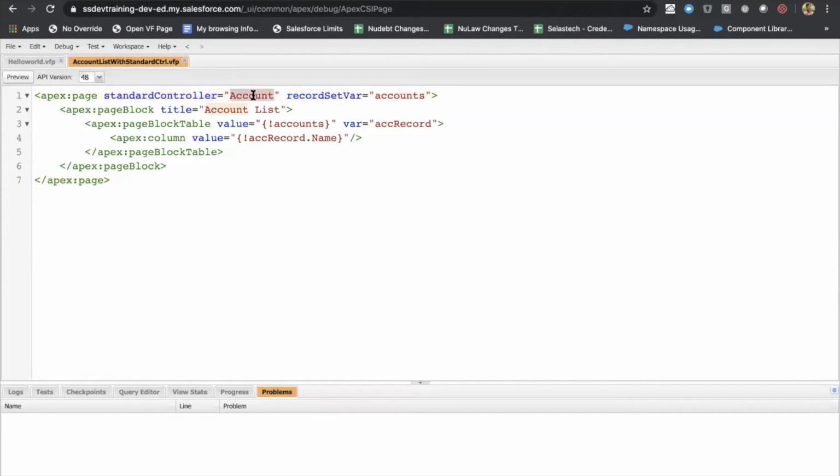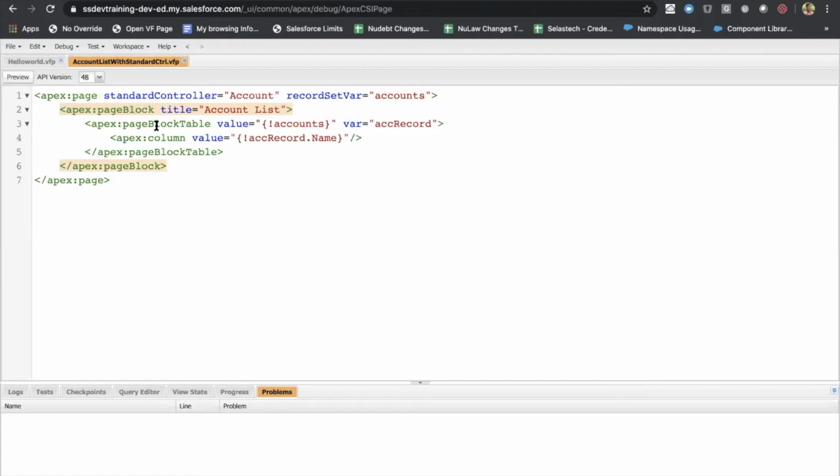And recordSetVar is nothing but a temporary variable where we can store all the accounts in your org. Apex page block is a tag which I already discussed, which is one of the 150 plus standard components, and which will give you one particular UI to render a page block.